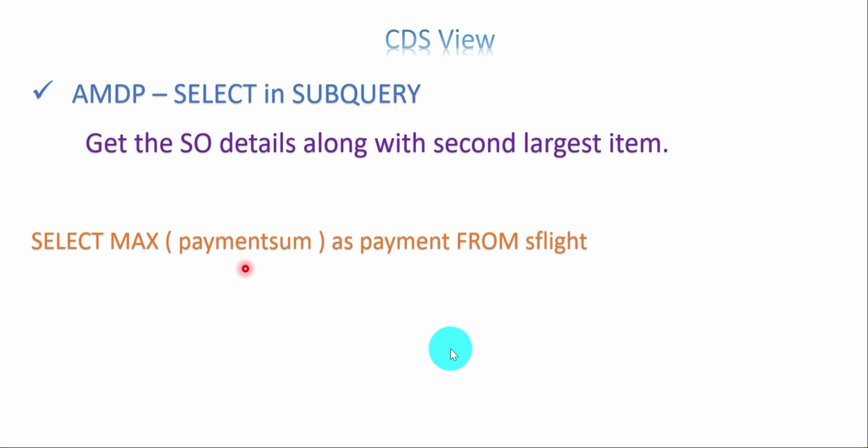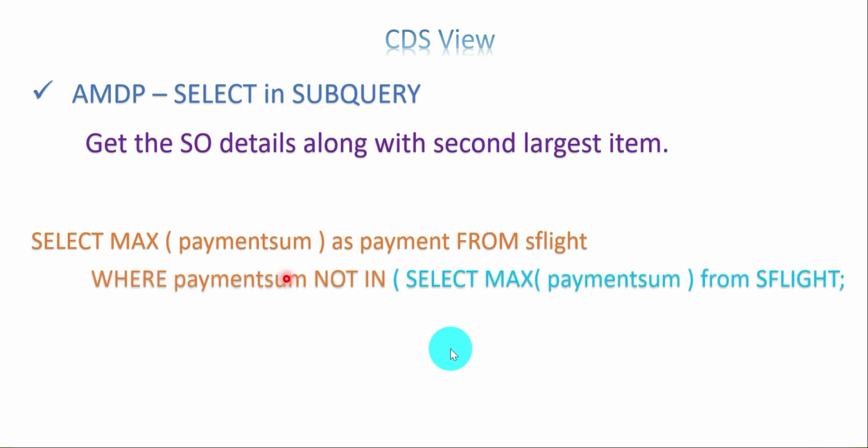The subquery is also almost similar, but we are going to use a concept called not in. So where the same field not in, select max, almost the same thing I'm using, payment sum from SFLIGHT. So what will happen is it will not fetch this information with the help of the not in operator. It's going to ignore this value. Then it will automatically go and get the second largest value,